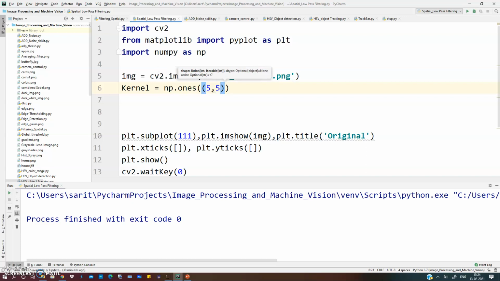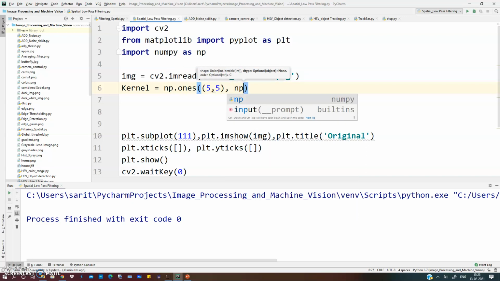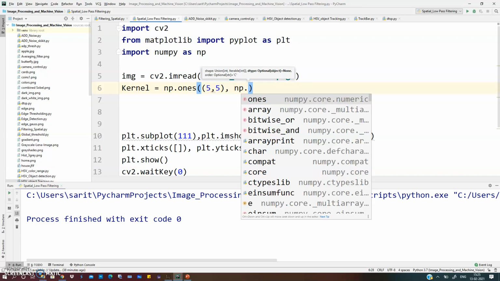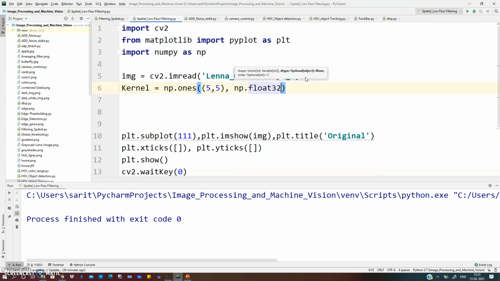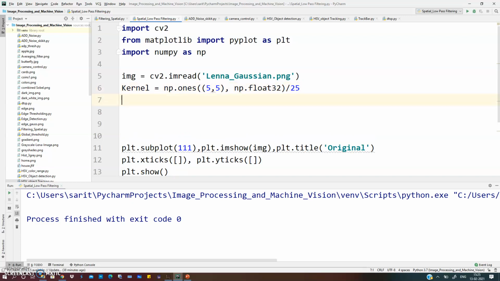And for averaging we have to divide this matrix of 5 by 5 size by 25. So I will use float32, divide by 25. So this is my kernel of size 25.